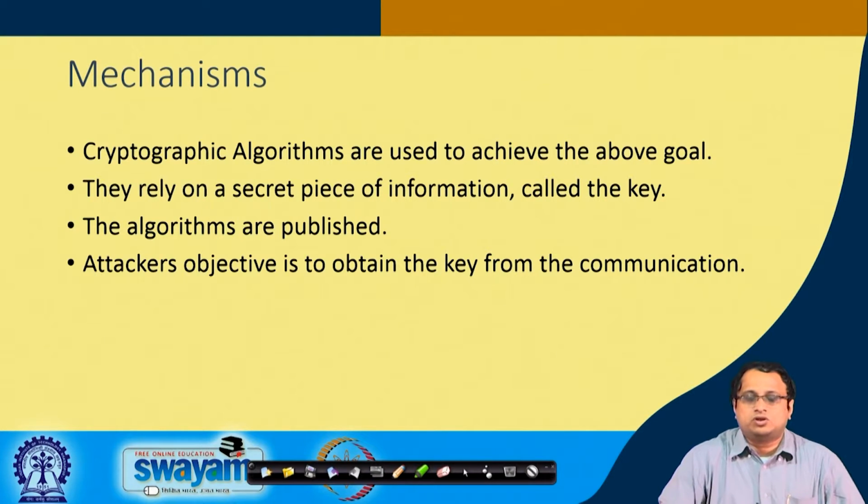One of the salient features of all these cryptographic algorithms is that the algorithms are published. That means the algorithms that we deploy for encryption or for signatures are all published, and available even to our adversaries. What is not available to an adversary is the piece of secret which is often called the key. Therefore, the objective of the attacker is to obtain this key from the communication, and the objective of the defender or designer is to ensure that the information exchanged, be it the ciphertext, the plaintext, or ciphertext-plaintext combinations, should not reveal information about the secret key. What we as designers want to protect is the secret key.